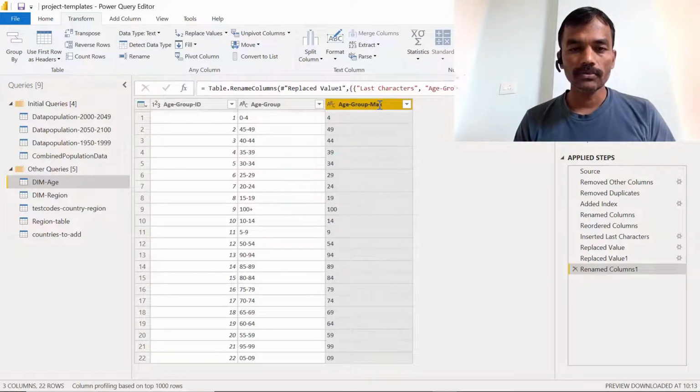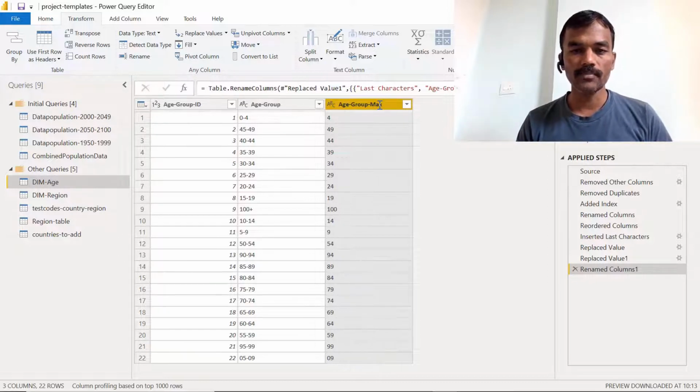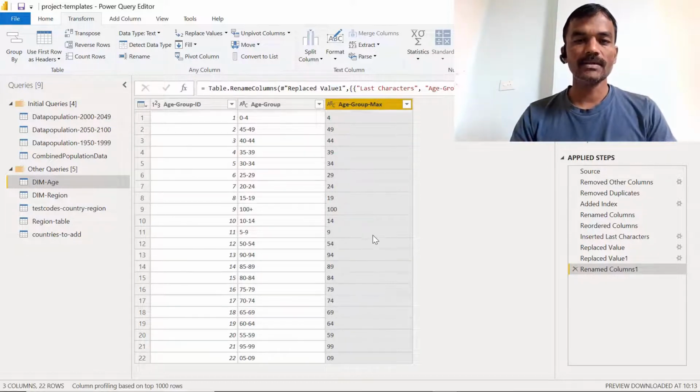Now what we wanted to do is use conditional formatting. Let's say if the age is 0 to 4, then we should call it baby, or if it is 14 years, then we will make it a child. Like that we will mention here, and we will make that a separate column with conditional formatting.